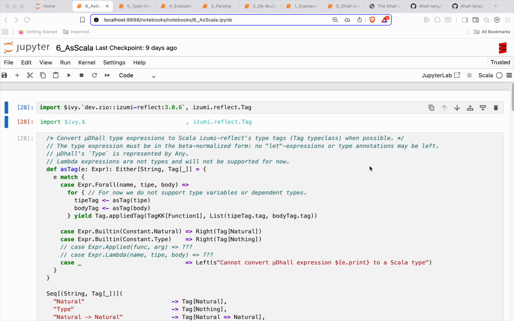Another thing we can do, which we will do in this tutorial, is to implement a sort of a compiler from that language into Scala. Now, it is going to be a very high-level compiler. It's going to create Scala values that compute µDhall expressions. And these Scala values aren't going to be